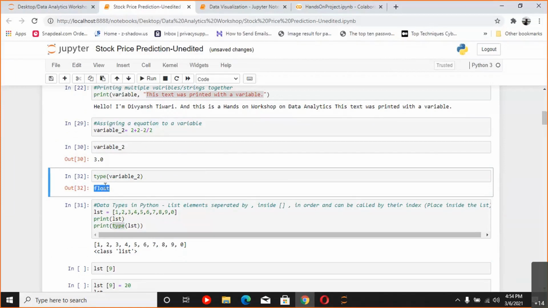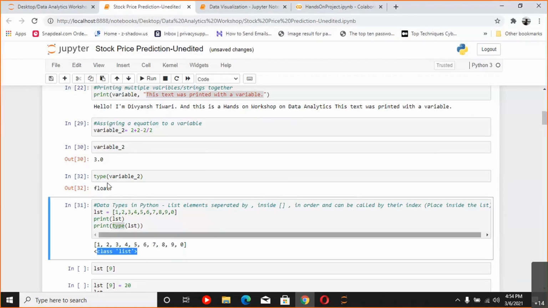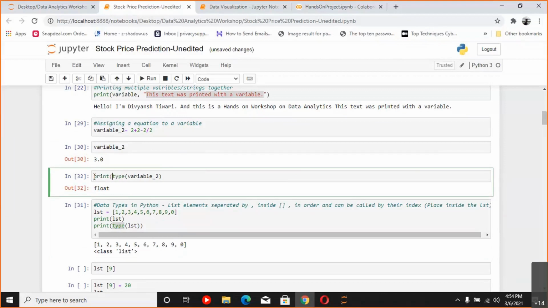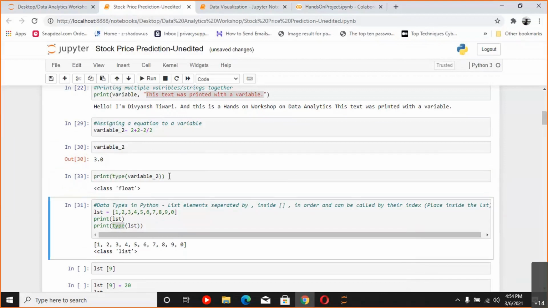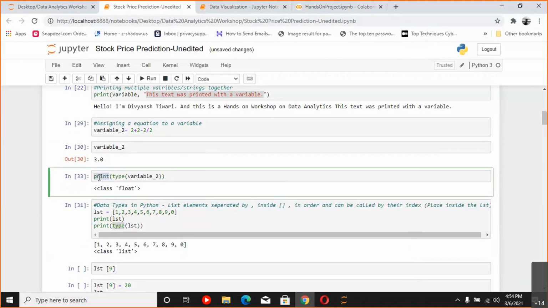And you can see here it was printed in a different way. It directly told what type it is. You can see here it was printed as class list, and that is the reason, because it wasn't in the print statement. So this is the difference that happens when you use a print statement and when you don't use a print statement inside of a notebook. Remember, if you are not using a notebook, then you will always have to use the print statement to print anything. Just typing the variable name won't work. It is only a feature of notebooks like Google Colab and Jupyter Notebooks that you can just write the variable in the last line of the cell and it will print the variable, or it will print the answer of whatever things that you have written.